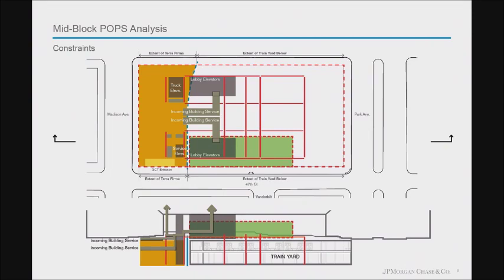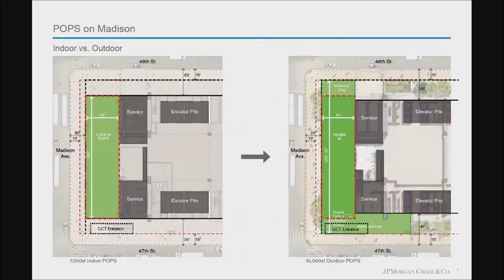Within the terra firma portion of our site, we have located truck elevators to access the below-grade loading dock and associated service elevators, and all of the incoming building services, including electric, steam, gas, water, and telecommunications that serve the building. The location of these elements within the terra firma portion of our site were very limited and are pushed as far east as they can without encroaching on the train shed to the east. All of these unique site conditions caused us to locate the POPS along the Madison Avenue frontage of the site.